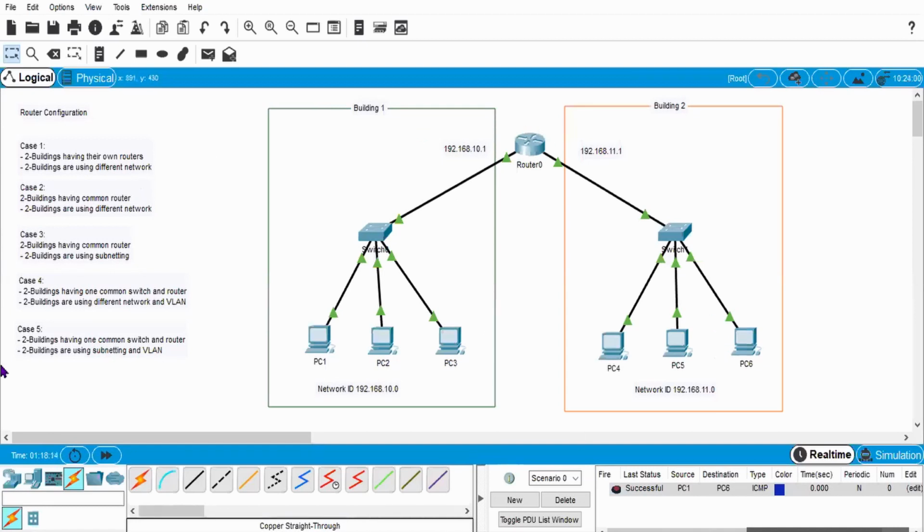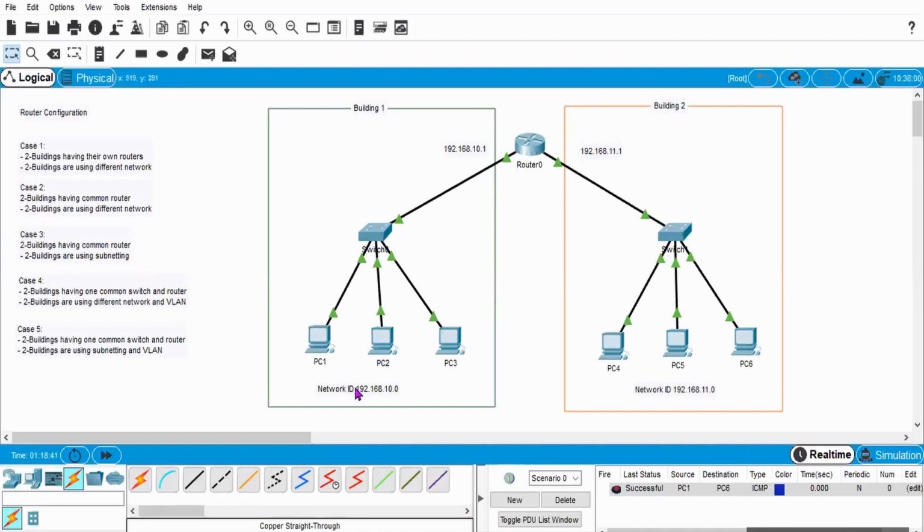Let's go to case number 3, where two buildings have a common router and are using subnetting. Subnetting, I taught you in the previous lecture: we are dealing with one network ID, and that network we are dividing into many clusters, and those clusters behave like different networks.